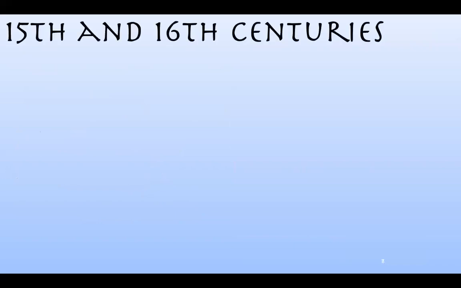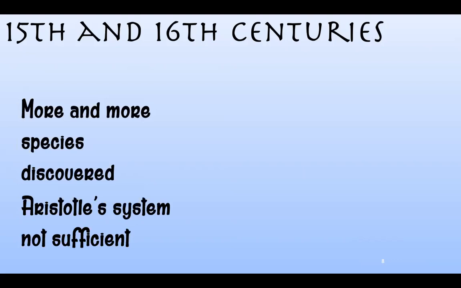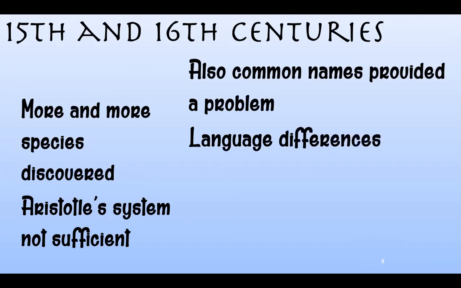Now, in the 15th and 16th centuries, which would be the 1400s and 1500s, we had more and more species of organisms that we were discovering. So Aristotle's system was no longer enough to classify so many organisms. We also had the problem of naming things by what's called a common name. And the biggest problem with that is just the difference in language. So for example,